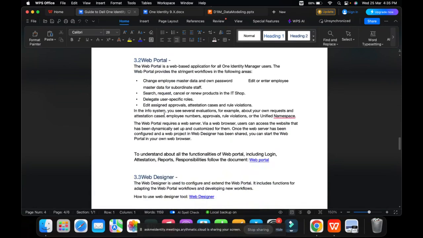The second tool is web portal. As I mentioned, we have this web service. Web portal is something that is used to design the web front end. Whatever the end user is interacting with, everything is designed via the web portal. It is where the end user will see things, like he'll log into the